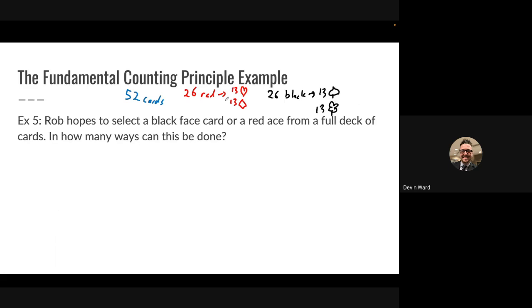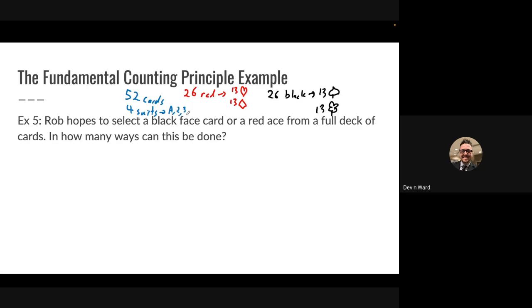Okay. So there's 52 cards. 26 of them are red, 26 are black, and each has 2 different suits. So there's 4 suits total. 4 suits, and the suits are hearts, diamonds, spades, and clubs. We're not going to talk about jokers or anything like that. So it's 52 cards total, 4 suits, 13 of each suit, and the suits go ace,